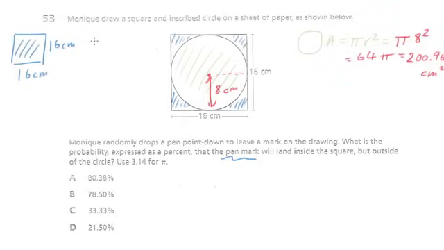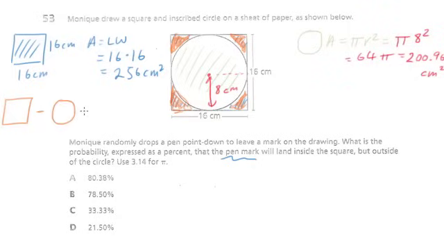So if we're looking for the area of the entire square, A equals LW, which equals 16 times 16, which equals 256 centimeters squared. So the reason why we did this is because if we're looking for the probability of it landing in, now I'm just calling it orange, one of these 4 orange sections, then we need to take the area of the square and subtract the area of the circle, and that will give us the areas of each of